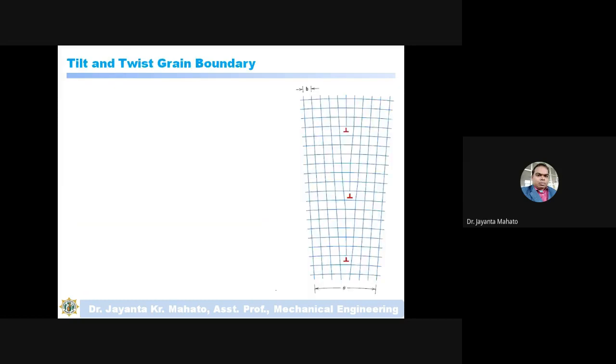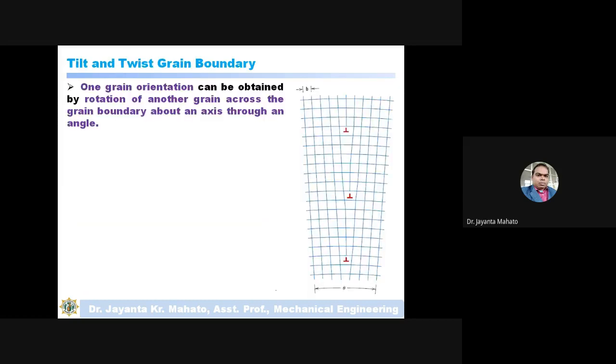So this classification has been done with respect to the orientation, and one grain orientation can be obtained by rotation of another grain across the grain boundary about an axis through